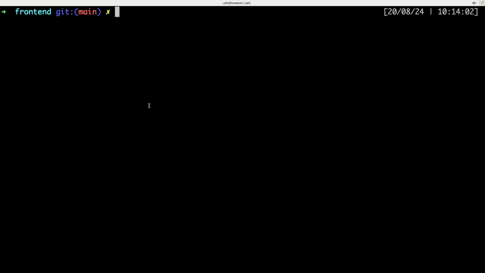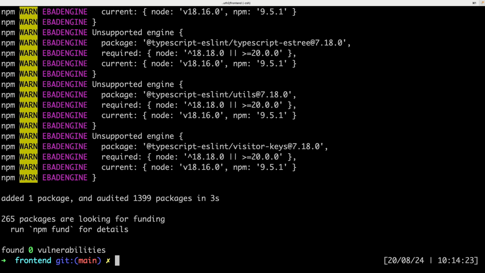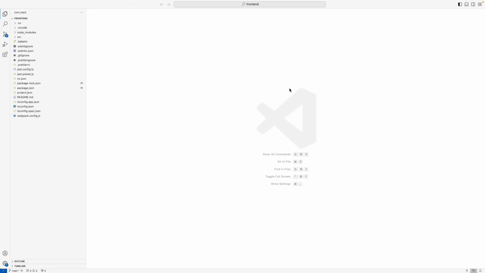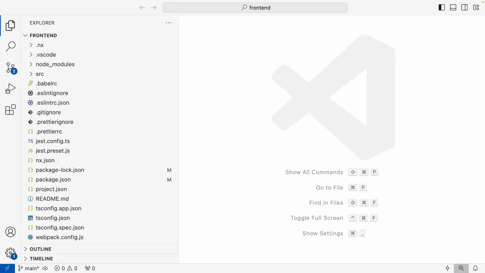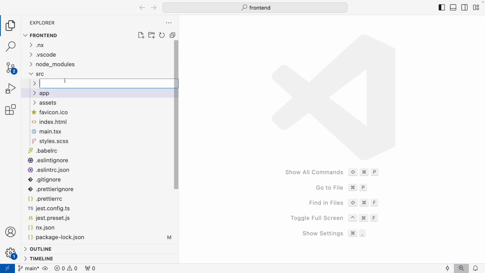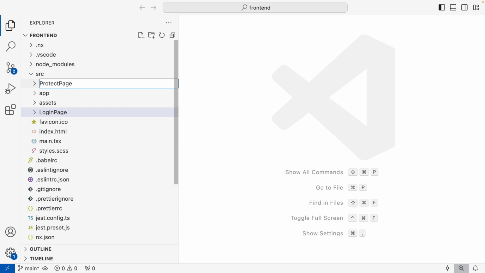And I also need to install bootstrap. Install bootstrap. Let's turn to VS Code and create some components. Let's zoom in. Okay, that's cool. I will create the first folder for the login page, another one for the protect page. The login page will display the login button, the protect page will display protected information,